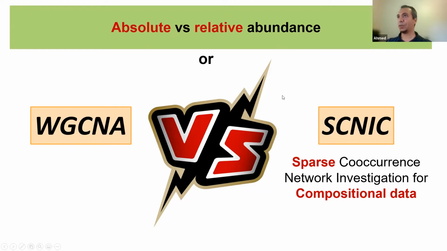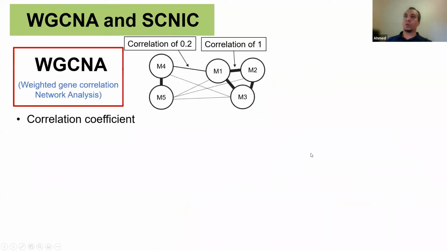So this is the goal of these few slides that I'm going to talk about right now: to understand that you are always working with relative abundance. This is, again, what I talked about before, the composition and nature of your data. You're always working with relative abundances, not absolute abundances. And these software and network building protocols are trying to account for this problem, especially in low diversity systems. So trying to look at sparse correlations and co-occurrence in your network, especially if you are working with compositional data. All right, so let's understand